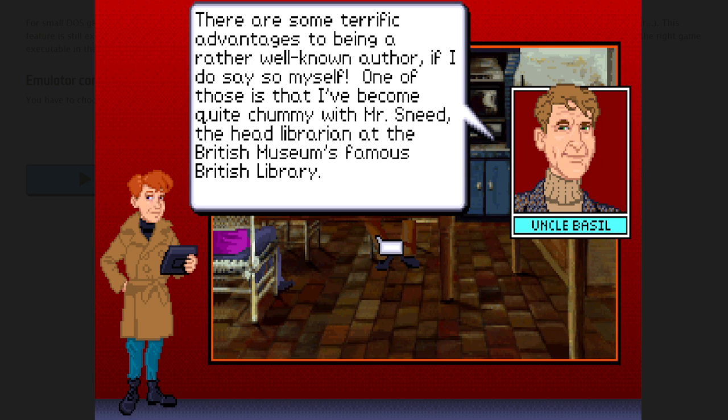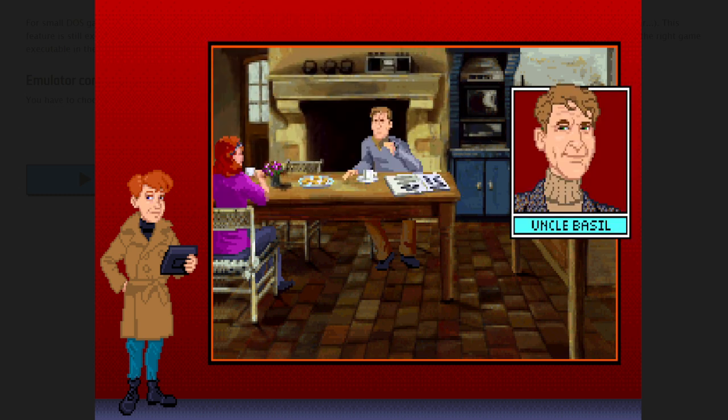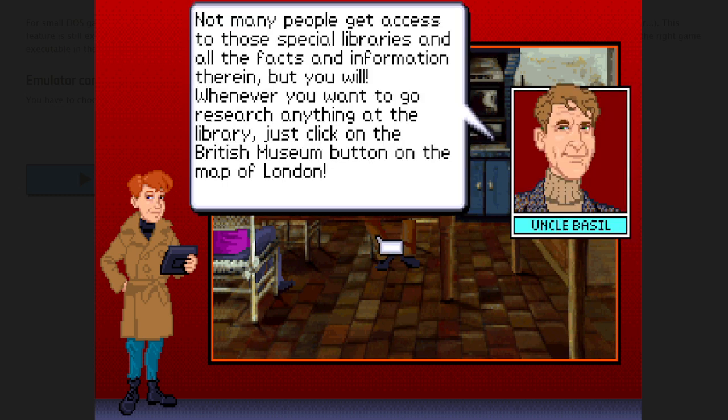There are some terrific advantages to being a rather well-known author, if I do say so myself. One of those is that I've become quite chummy with Mr. Sneed, the head librarian at the British Museum's famous British Library. Not many people get access to those special libraries and all the facts and information therein, but you will. Whenever you want to research anything at the library, just click on...